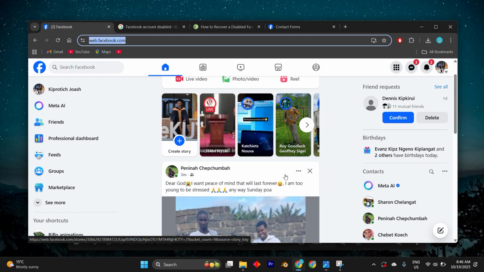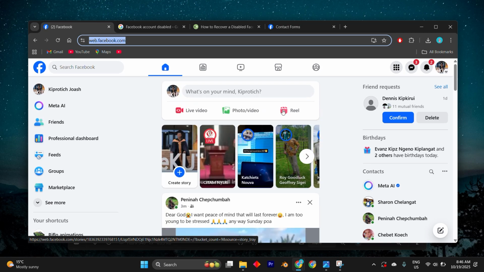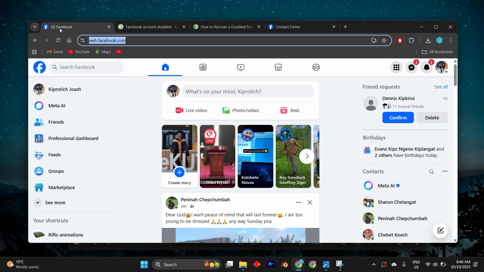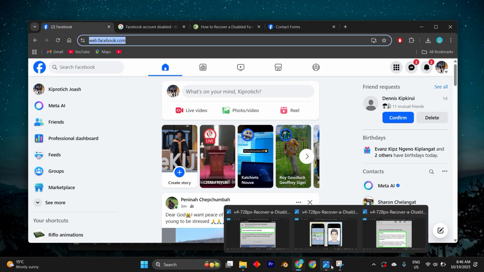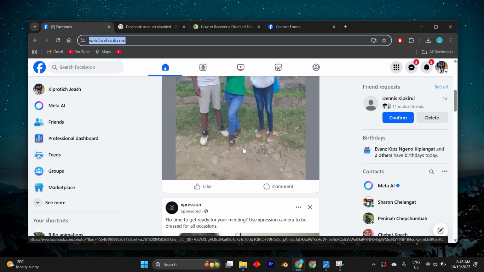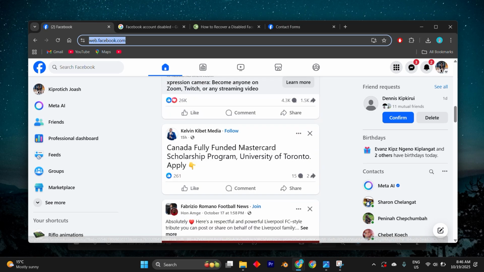If your Facebook account is connected to a business page or you run ads, you can also reach out through Meta Business Help. Log in using the account that manages your business or ads and submit a business support request. This often speeds up the process because Meta gives priority to business-related cases. While waiting for Facebook to respond, avoid sending multiple appeals or creating a new account that can slow down the process. Instead, secure the email address connected to your account and turn on two-factor authentication where possible to protect your